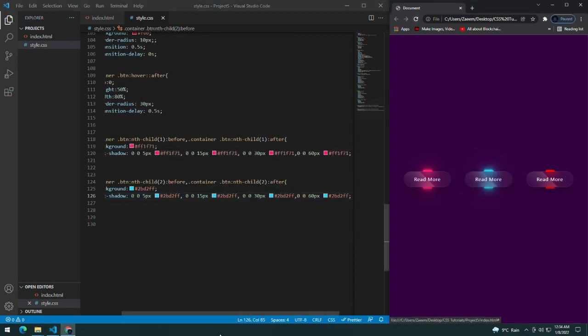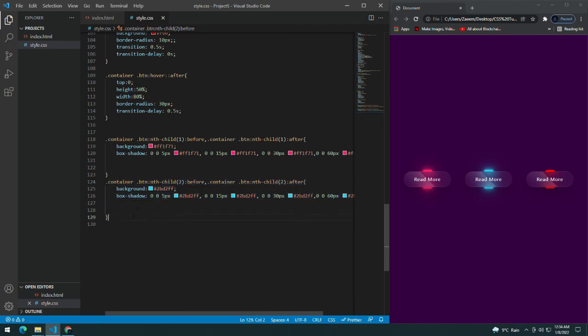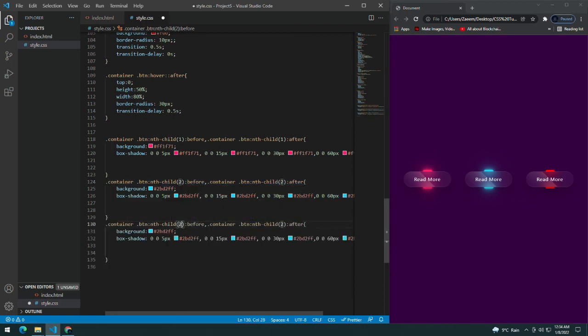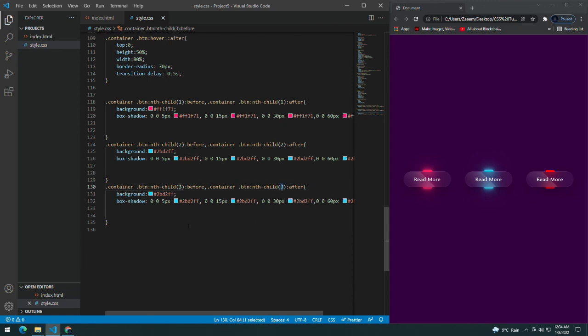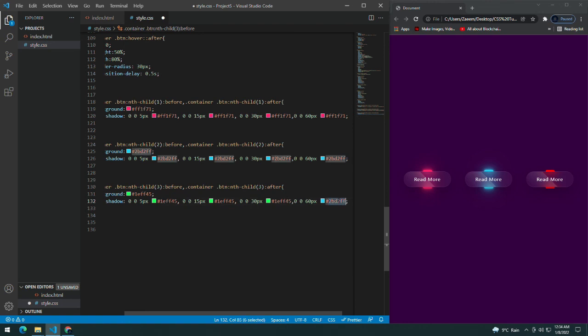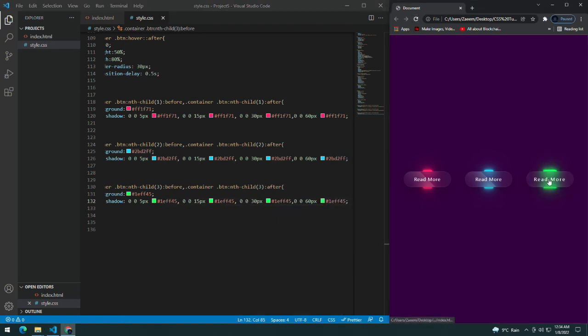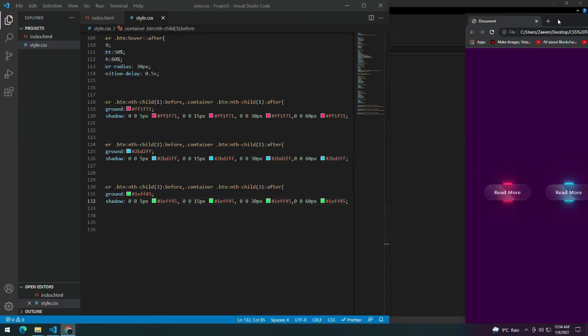Now you can see the second one has already changed to bluish, and now for the third button, let's change this one to the color #1EFF45. Copy this color and paste it in all the remaining colors as well. And reload the page, and you can see that I am getting all the 3 buttons.